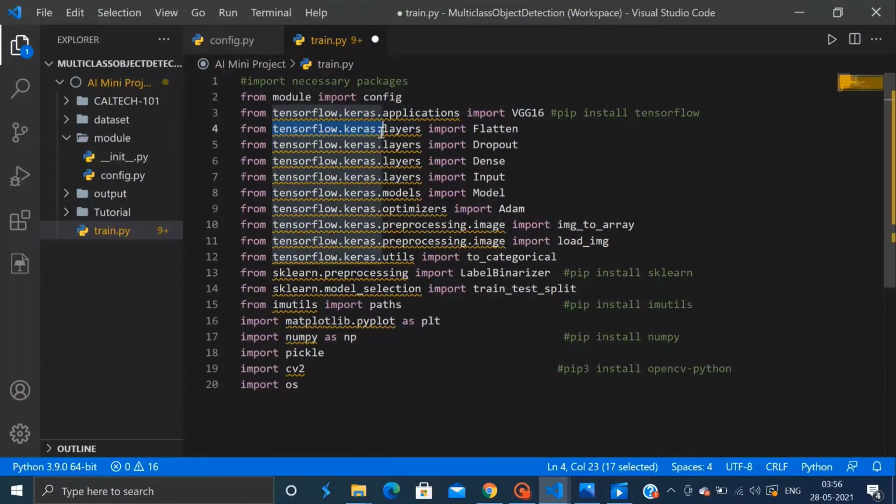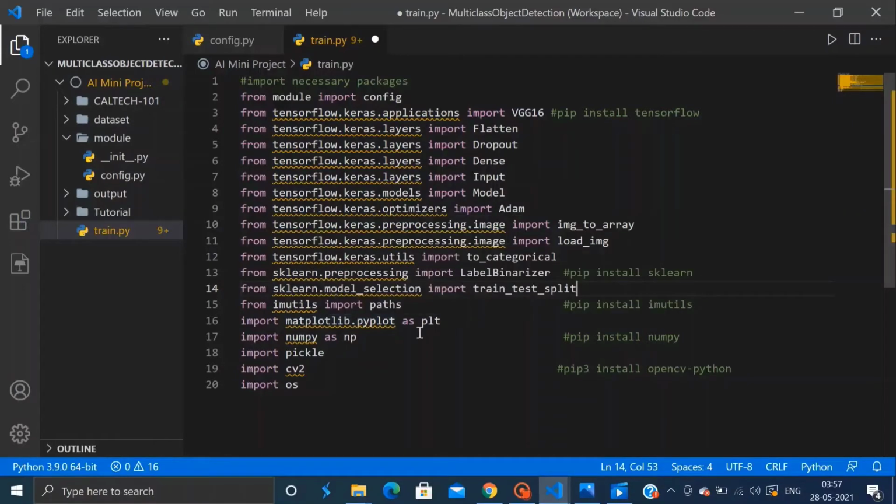And we have other imports from TensorFlow and Keras, which consist of layer types, optimizers, and the image loading or pre-processing routines. After this, we have the label binarizer, which is basically one-hot encoding implemented in scikit-learn. And to install scikit-learn on your system, you can run pip install sklearn. Then we have the train test split, which is sklearn's utility for partitioning our dataset into training and testing subsets.